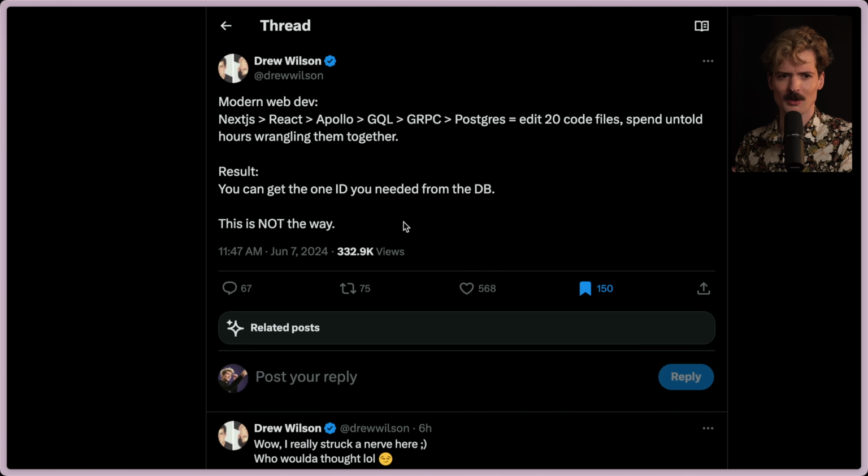I want to be super clear about something. I almost entirely agree with Drew here. The only change I would make is I would get rid of the word modern. I think we can sit here and argue all day about what is and isn't modern. But I think the stack he's describing here has been around long enough that while it's still very fresh and totally understandable and acceptable to use, the new wave, the new era has shifted. And we're realizing, yeah, having this level of separation between your things makes almost no sense. And you probably shouldn't be separating things blindly.